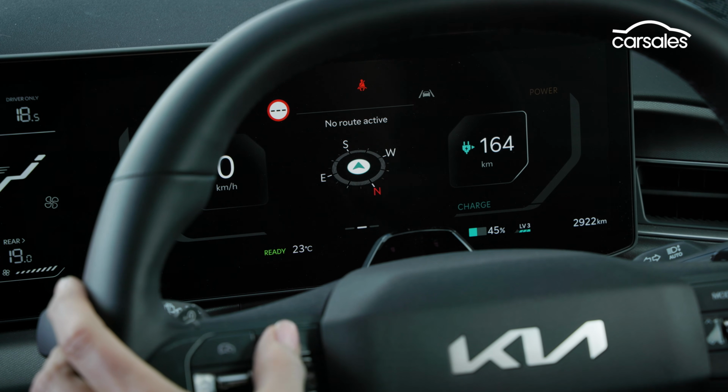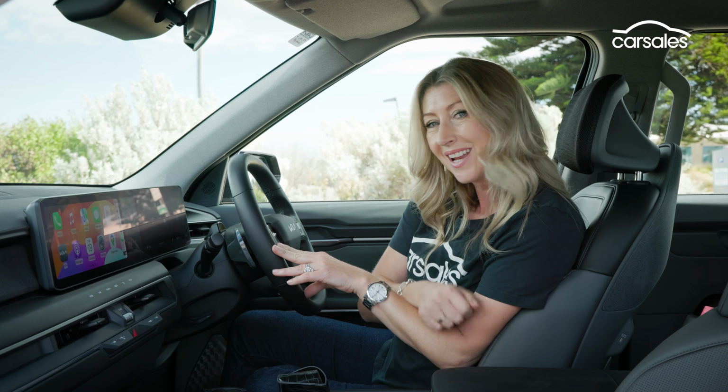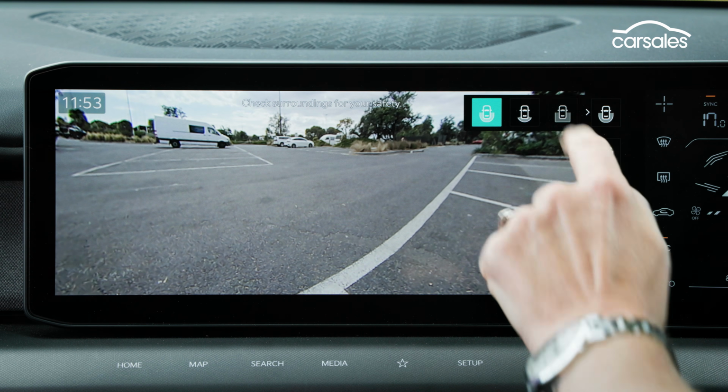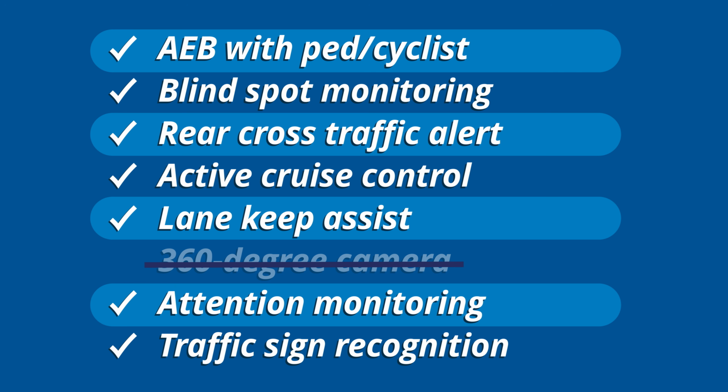There are heaps of different views, including the all-important range and charging status. The reversing camera image is of a good quality and there are a couple of different viewpoints, but I'd love to see a 360-degree angle here. The EV9 has a 5-star ANCAP safety rating from 2023, and importantly, its curtain airbags extend to the 3rd row